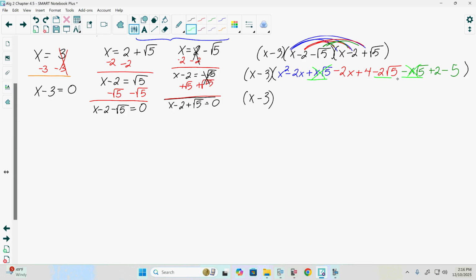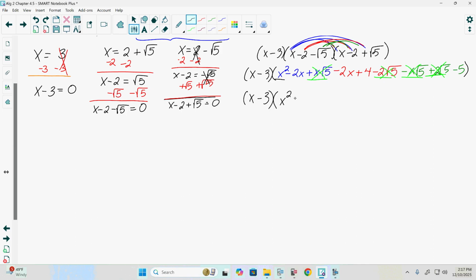I lost this term because our 2 square roots of 5 and negative 2 square roots of 5 also cancel each other out. This is why I say to do the conjugates first, because even though we do get all these radical terms, they all simplify each other out. They're gone. And really all that we have left,